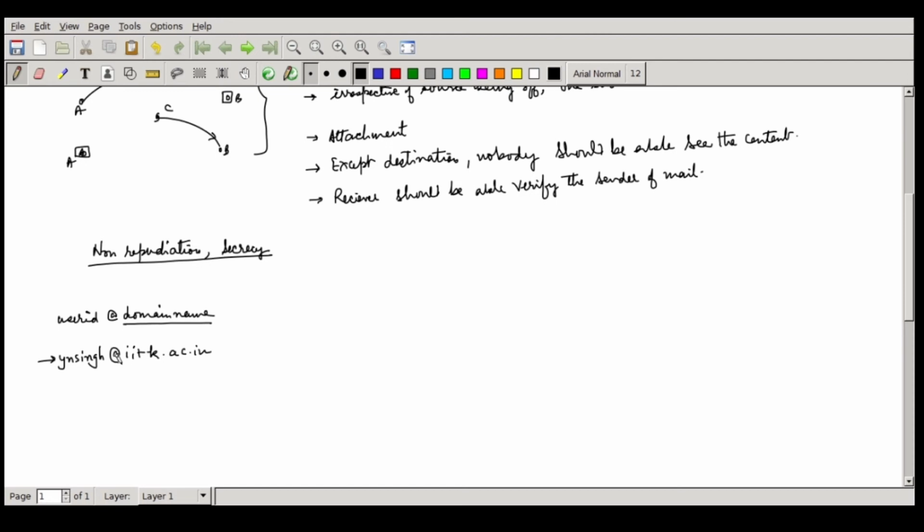Now important thing: when somebody wants to send a mail to me, to which machine should the mail be sent, and how is that identified? The important thing is this domain, which comes from DNS, which stands for domain name service. Throughout the world, there is in fact a dot which should come here. This dot is also a domain and we call it the root. Throughout the world there are a few servers which are the root servers.